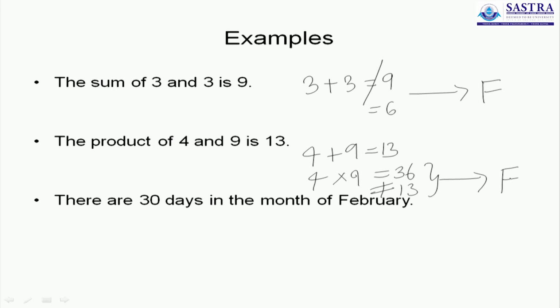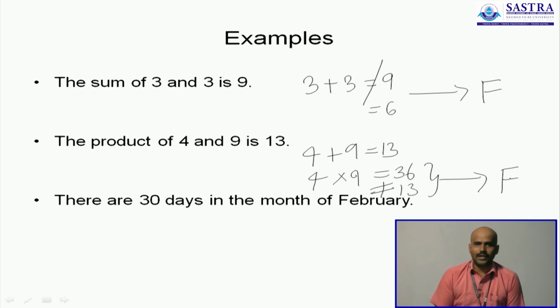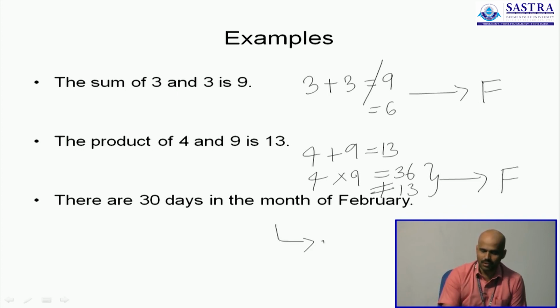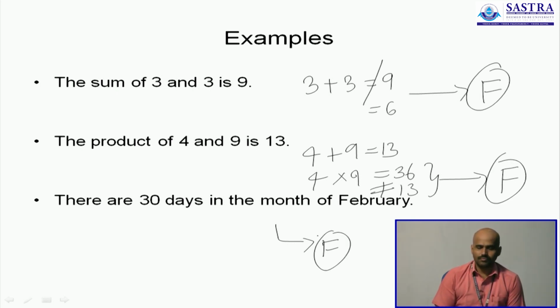The last one says there are 30 days in the month of February. It's once again wrong. It can have a maximum of only 29 days in any given year. Maximum is 29. This again is false. So such statements, which make the computer decide between the two choices or more choices available and respond accordingly, can be classified into being true or false. That is where we introduce this idea called logic.